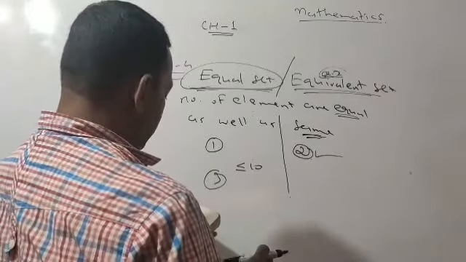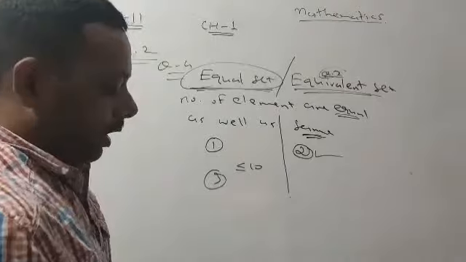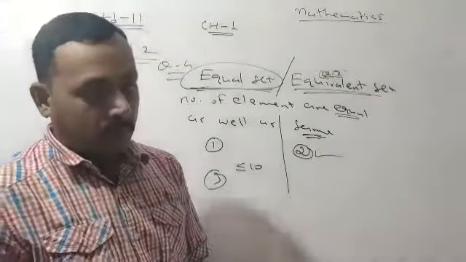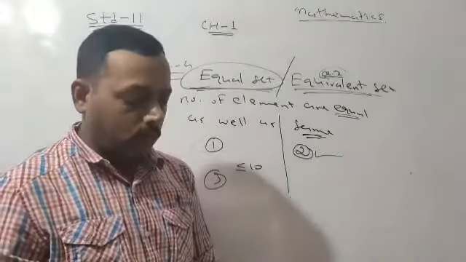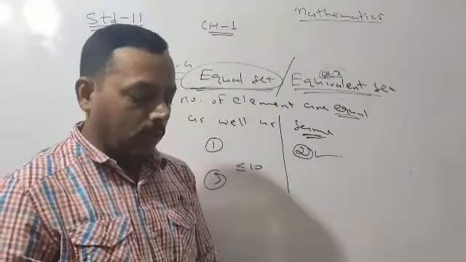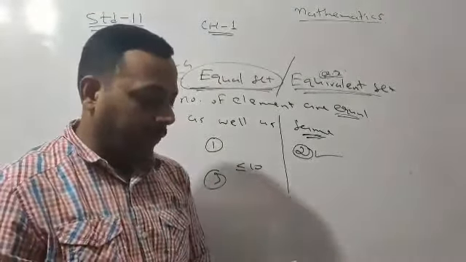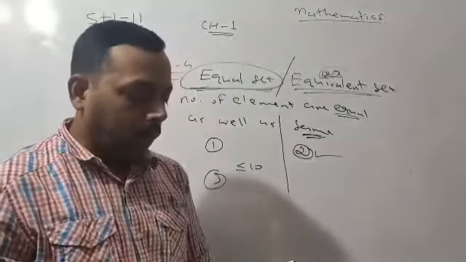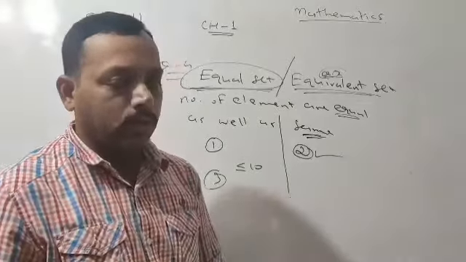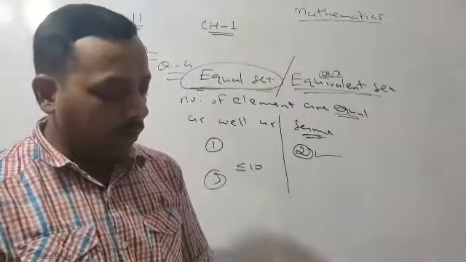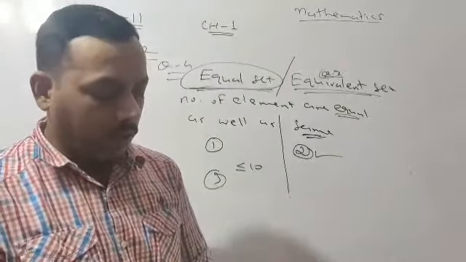You know very well, the left side set A is a multiple of 10 and the right side set, whether it is a multiple of 10 or not, that you have to decide. If it is a multiple of 10, then you can say they are equal. If not, then they are not equal. Now fifth question. Are the following pairs of sets equal? Give reason. You have to write the reason also, whether they are equal or not.